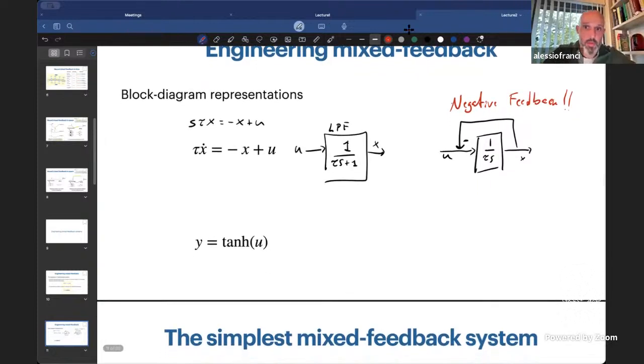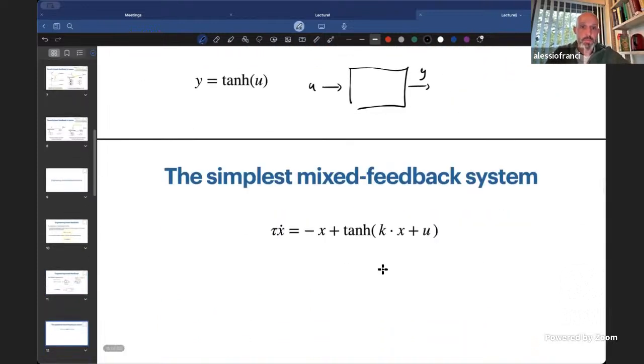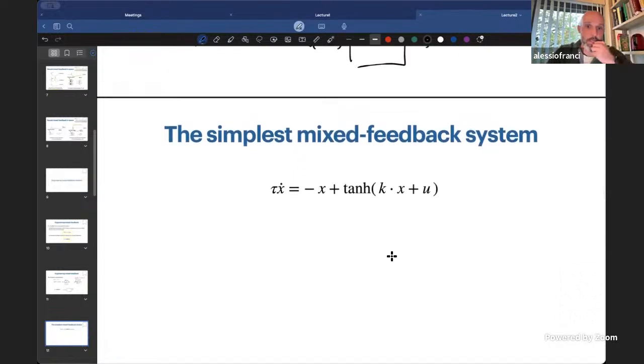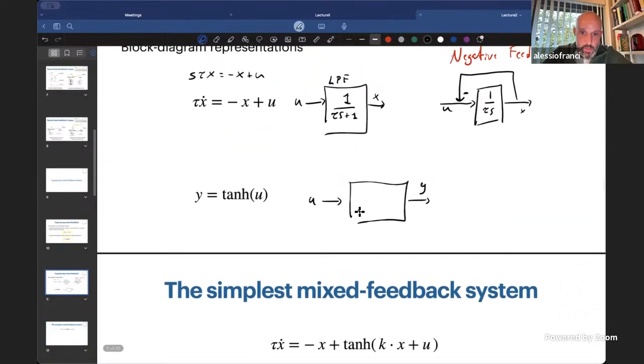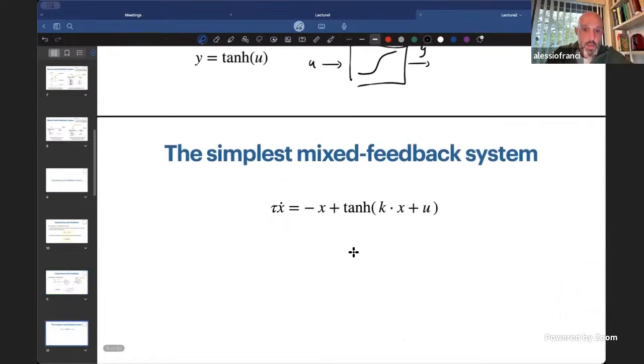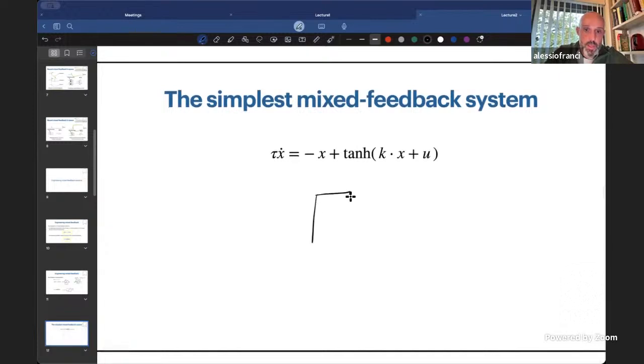And okay, each time you have a sigmoid, this is fairly standard. You can represent it as a system that takes input u and returns output j. Okay, so I think that the simplest mixed feedback system that you can think of is a scalar differential equation that's given by this. Why is this a mixed feedback? Well, because if you use this representation for the low-pass filter, and this is a sigmoid, what you have is an